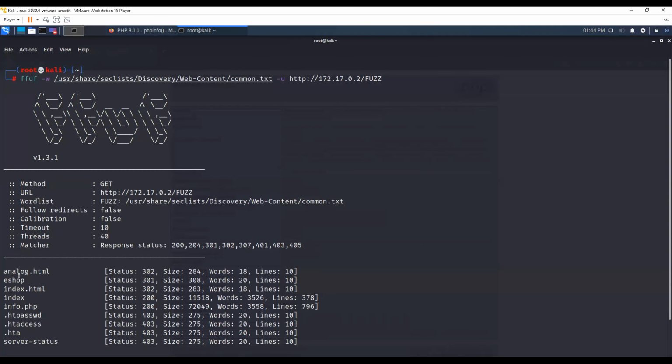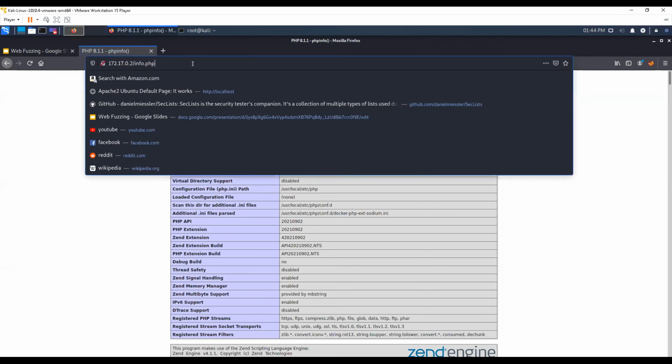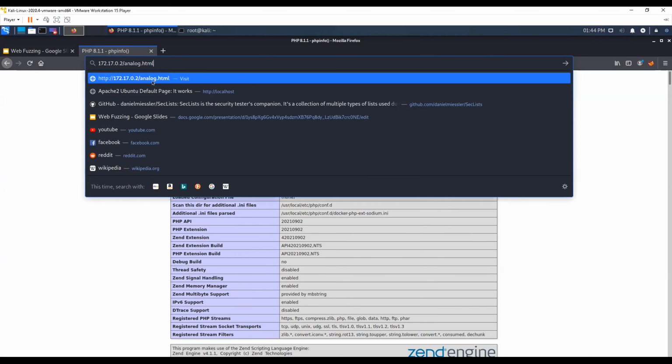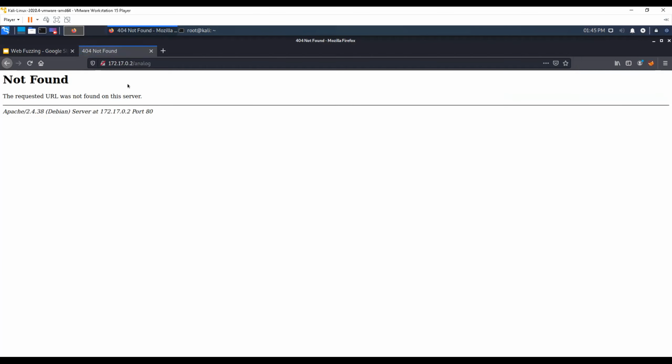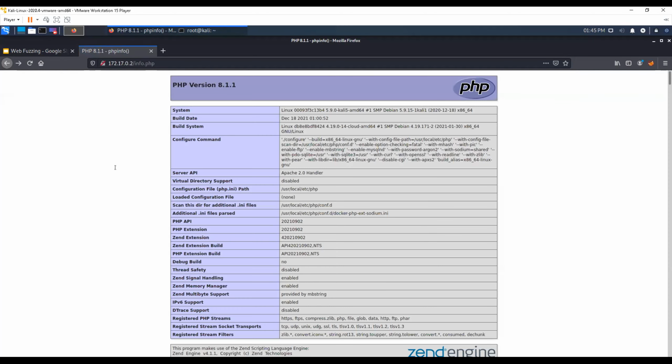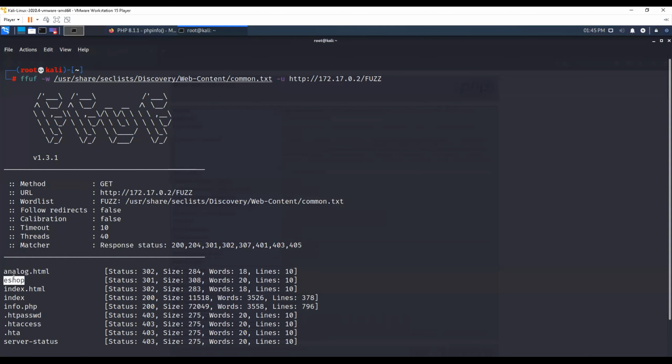We also find other things like analog. Let's see what this gives me. So it's not found. It's kind of like,